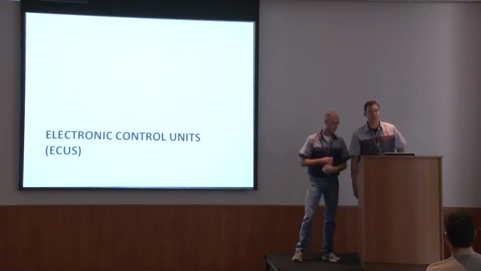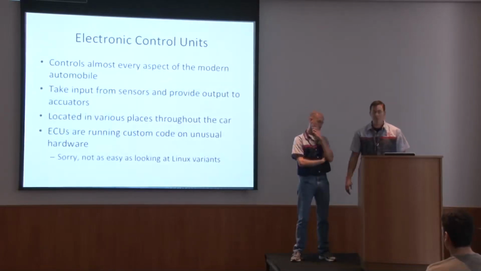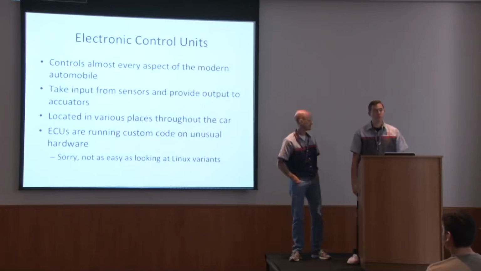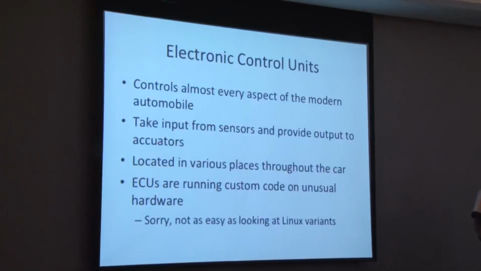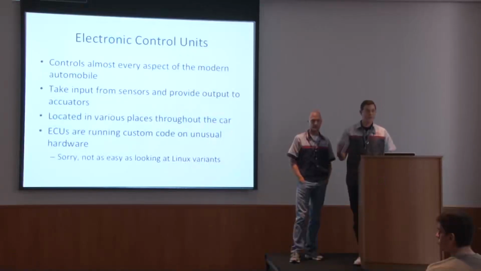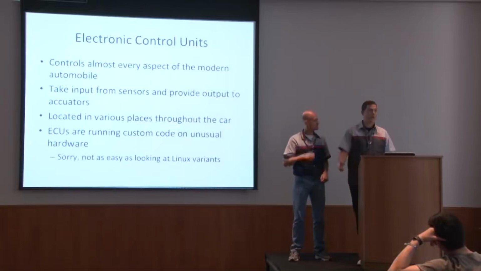The first thing I think we need to talk about are things called ECUs, or electronic control units. These little computers really tend to control every aspect of the automobile, from the odometer readings to acceleration to braking to sometimes steering. Auto manufacturers have realized that building these individual computers and putting them in the car and writing software to do what they want is a lot more cost effective than having all the wires and all the linkage and everything hooked up, right? So they basically take input from sensors and then use things called actuators to perform physical actions, right?